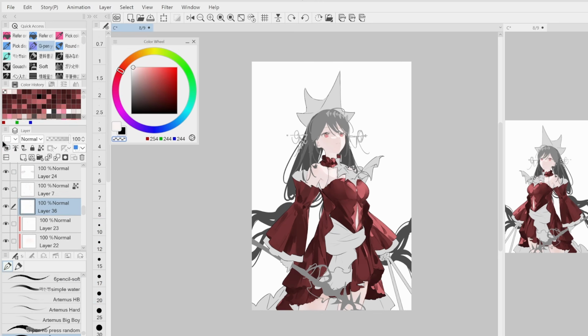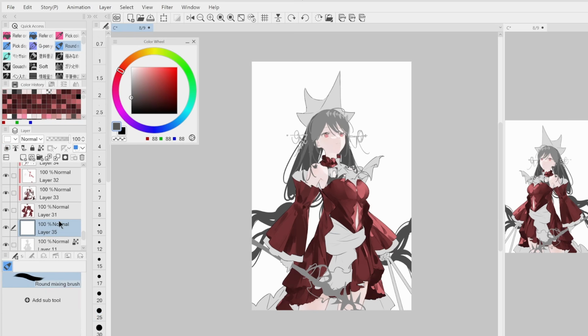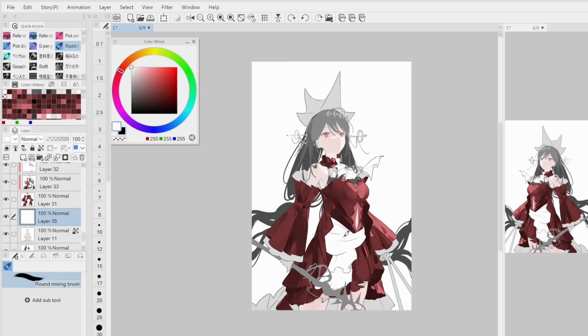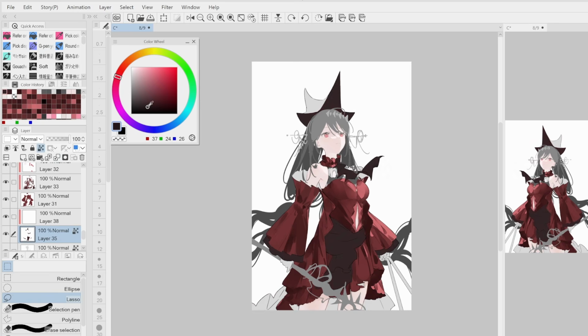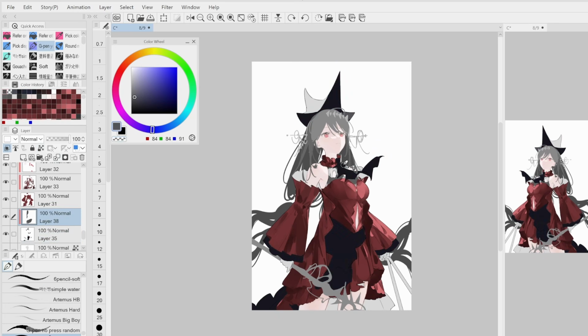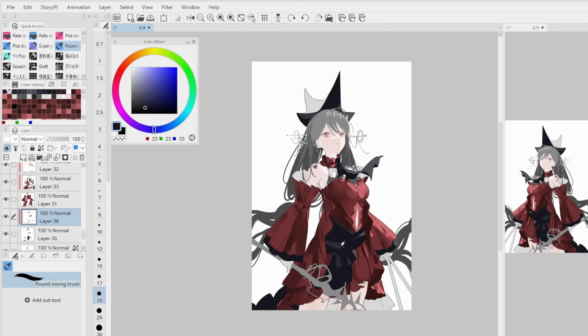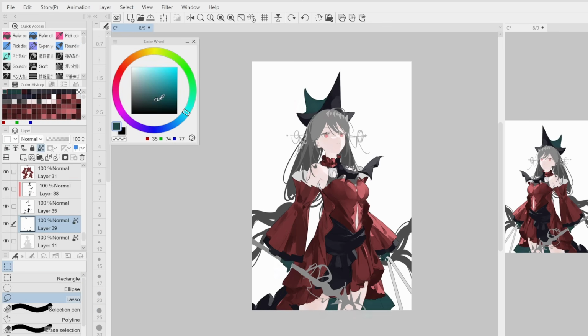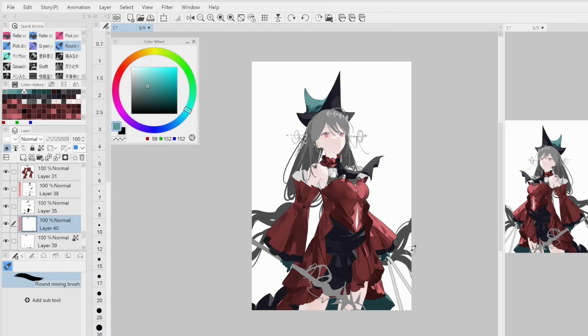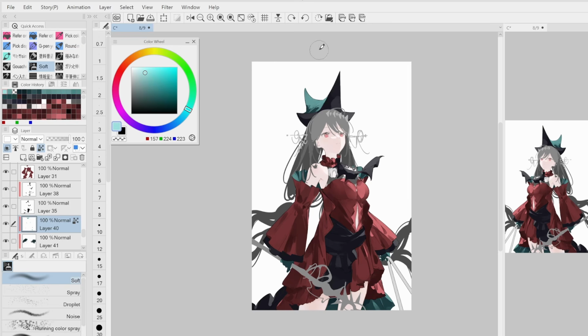How I organize my layers in the lower left panel is that the gray layers are the first pass, so line art, fill, or color layers. The layers that I labeled purple are the layers that I use to fix things. For example, I painted the eyes on a separate layer on top of all of the skin layers, and it's not line art